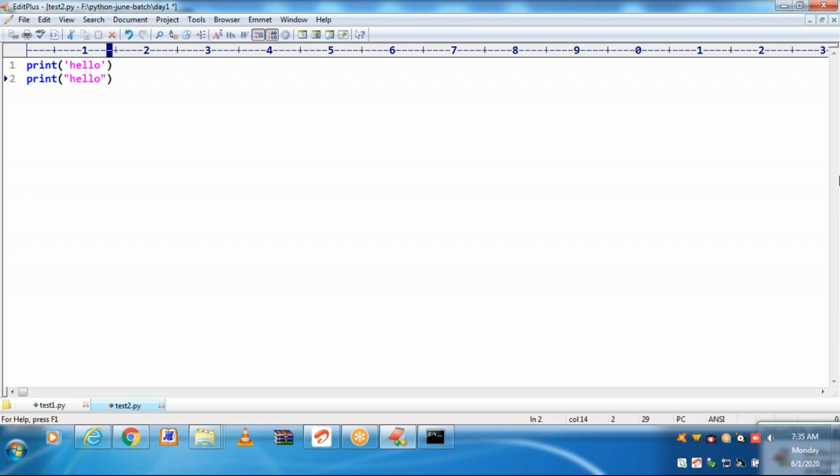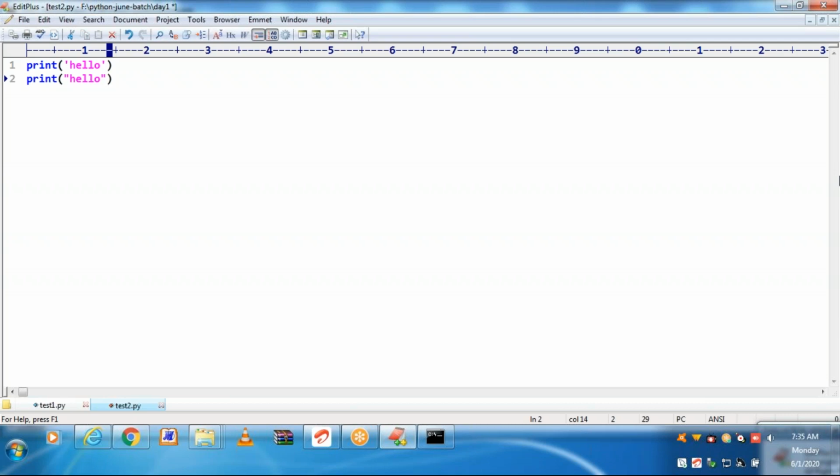In case of Python, there is no char literal. That is why a single quote is also used for a string only. The single char data type is not available in Python. If you consider Java, there is a char literal, a char data type.